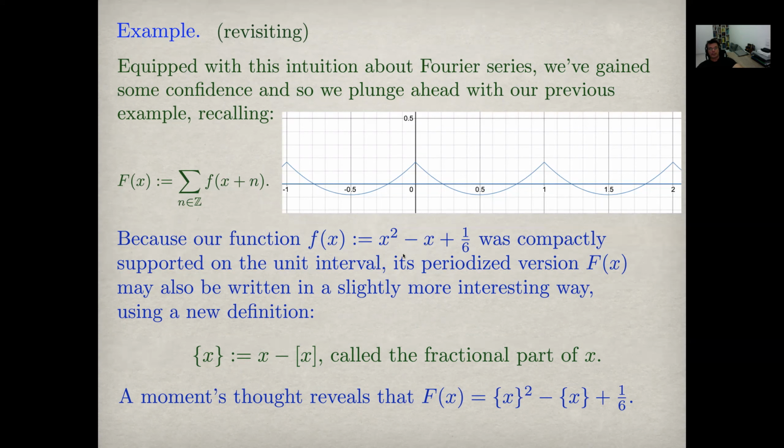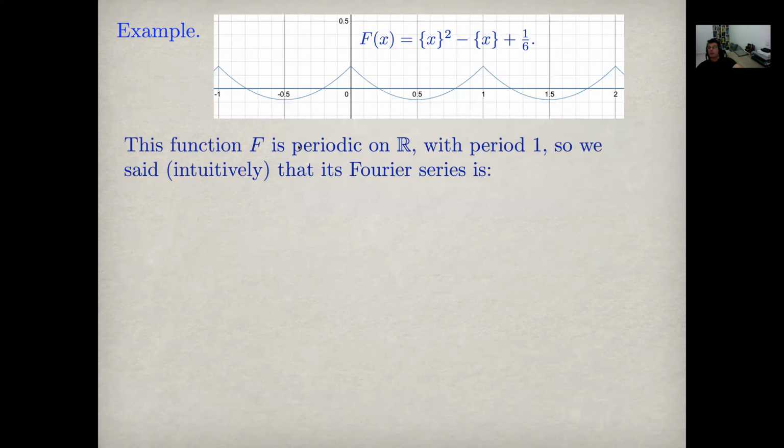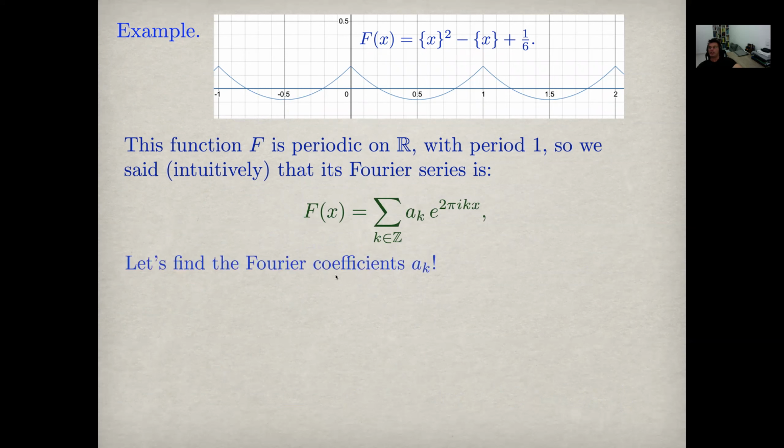Okay, so there we have this newly used notation with a fractional part. And that's, again, the picture, recalling the picture of our periodized function. Now we want to find the Fourier series of this capital F, the periodized one. Let's write it out. And as we know from our intuitive approach, we can find the coefficients as follows. A sub k is the inner product, remember, of the function with the exponential. The function capital F is defined between 0 and 1, and we always integrate between 0 and 1